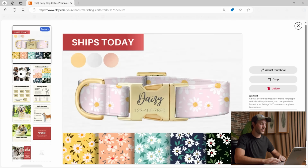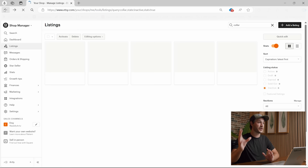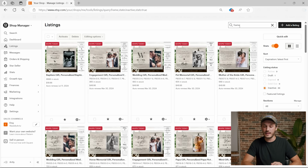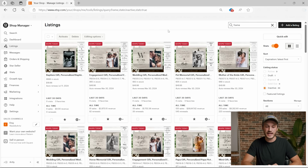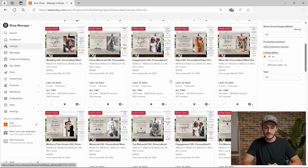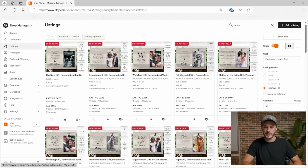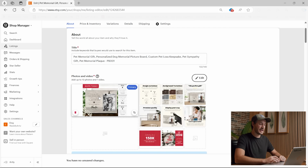So moving back over to our Etsy listing images, we're gonna jump into our last and final product that we sold on Etsy, which was our personalized picture frames. So this was the last product we launched and sold on Etsy. It was a personalized picture frame. So I'm gonna go ahead and click into this one right here and click into the Etsy listing